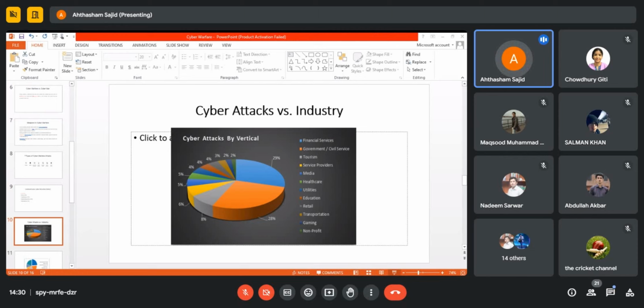Whereas in fewer cases, we can see that there is no industry right now that does not have any cyber attacks. We have education breaches, we have utilities, healthcare, media, transportation, gaming, and